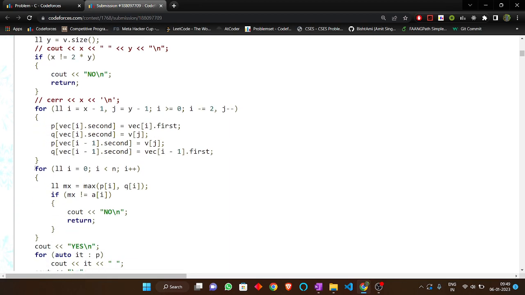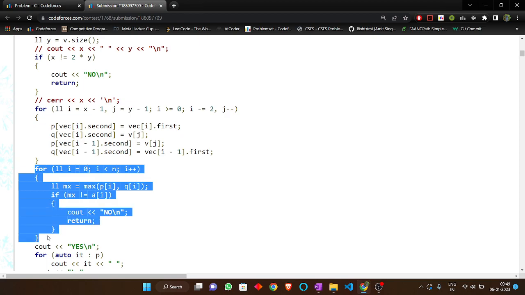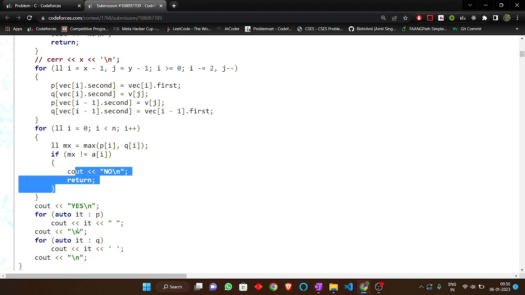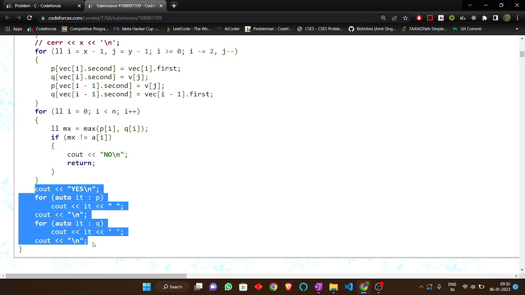And finally, I told you an example where we can construct p and q but can't find that the max of p_i and q_i is the same as a_i. So that's why I'm checking this final condition, because it may be possible that we can construct p and q but not in the manner required in the question. So that's why I'm checking this. If I find any where the max of these two is not equal to a, then I have to return no, and if not, then I just return yes and return both the